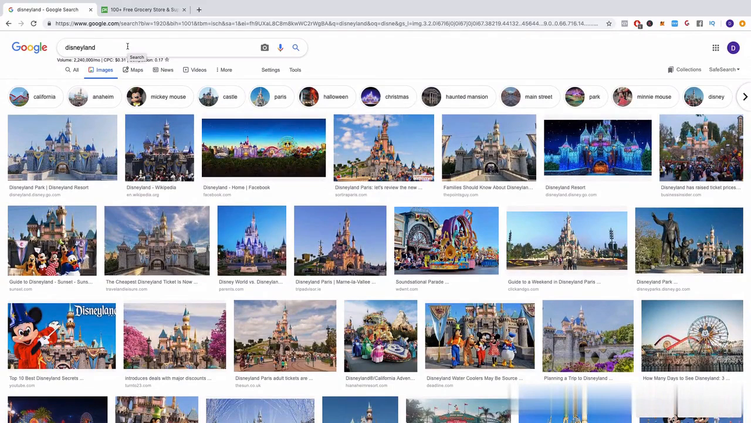Then let's say we make Instagram story ads. So the Facebook ads, they are horizontal, right? But the Instagram story ads, they're vertical. So we need a whole different image. And what I like to use is Instagram as a filter. So if I search Disneyland in